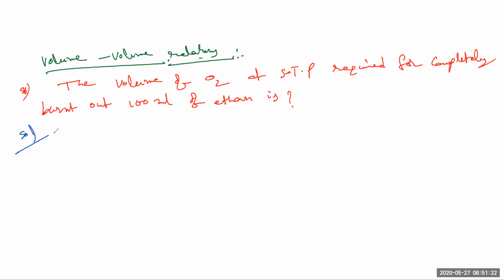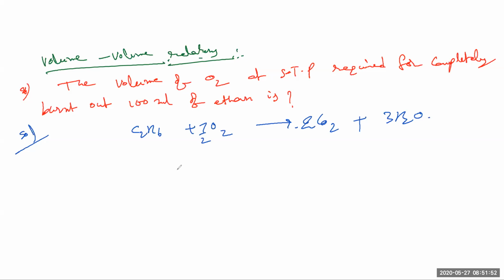First, you have to find the ethane combustion equation. What is the balanced combustion equation of ethane? The formula C2H6 is ethane, plus oxygen, undergoes combustion. Two carbons means 2 moles of carbon dioxide, plus 3 moles of water, 3H2O. Product side oxygen is 2 into 2, 4, plus 3, 7. So we take 7 by 2 O2.